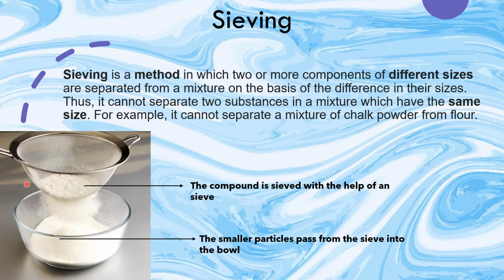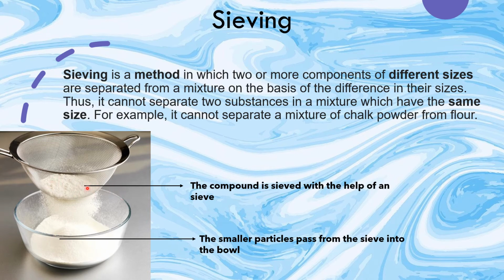So basically, if there is a powder form of a thing, like wheat flour, and there are many bigger particles, like an insect which is bigger than it, and we have to separate it, you will prefer hand picking. But still there are some small components which cannot be separated by hand. So there are small pores in the sieve through which the powder form of the wheat falls down into the bowl, as I showed you in the earlier slide of the presentation.